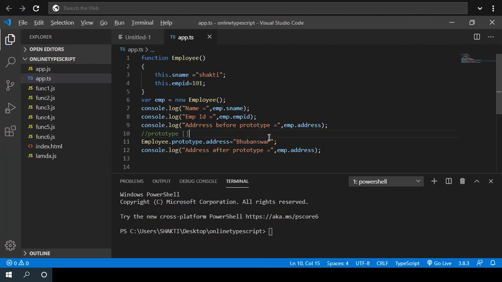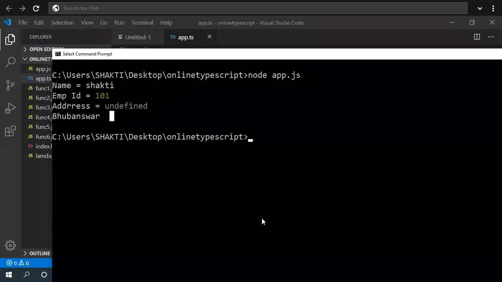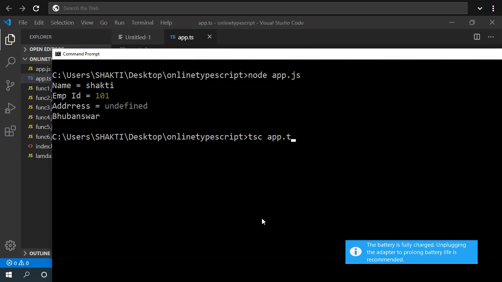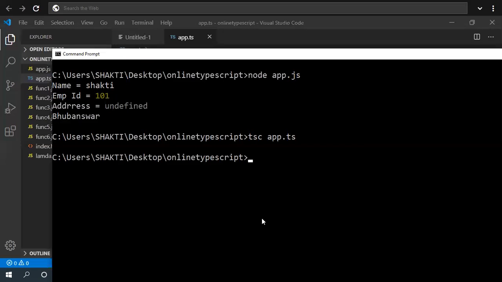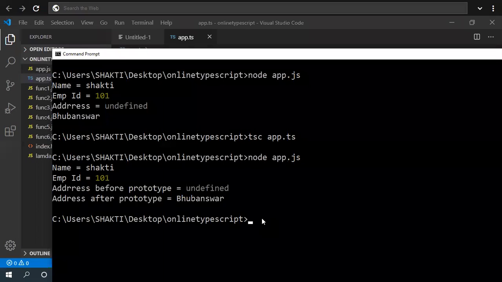Clear? So this is quite easy. Again, I'm going to compile this ts file. It's good, there is no error. Now I will run this one, app.js. Look at what exactly I found here. Address before prototype is undefined.